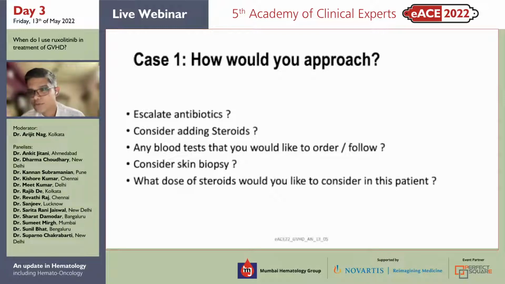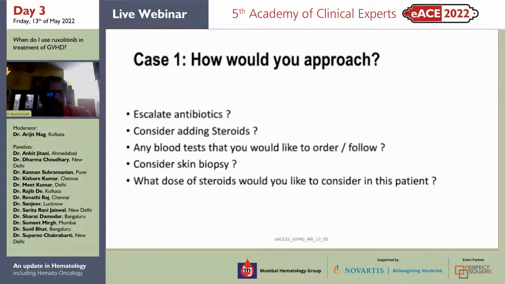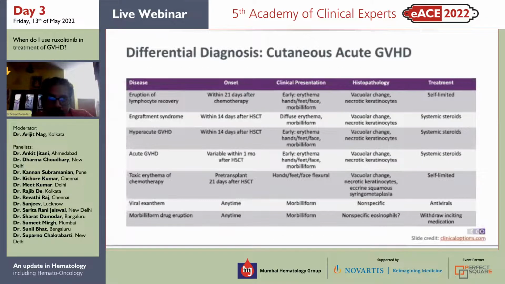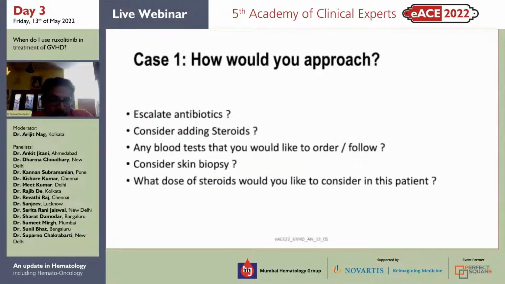Sharad sir, you want to comment? Yeah, Arijit, I just want to say something because I have exactly a similar patient currently in the unit post a haplotransplant. So for some time we had this situation where we're looking at skin pigmentation, little peeling, and that's exactly what's happened. As of today, we're in the same situation, a little bit of fever, count is about 300, 400. And we called in derm before giving the steroid, and they wanted to actually go and biopsy.